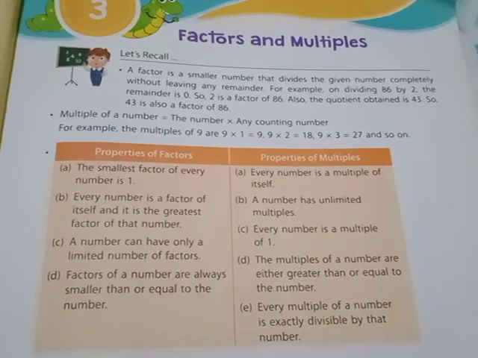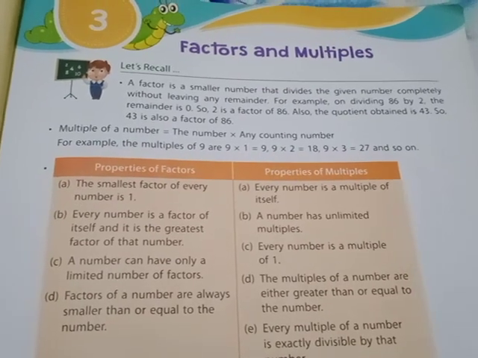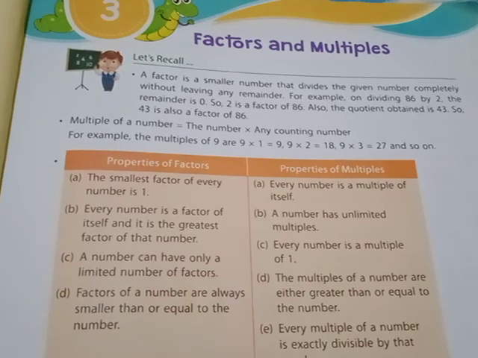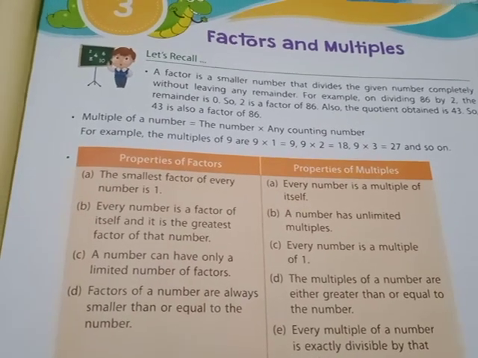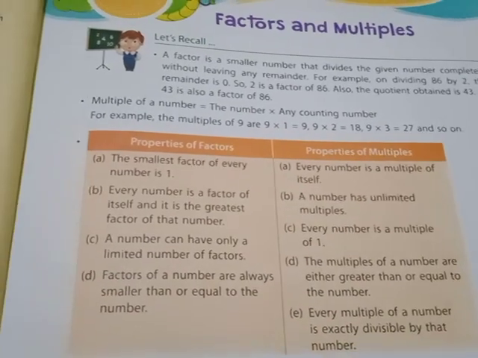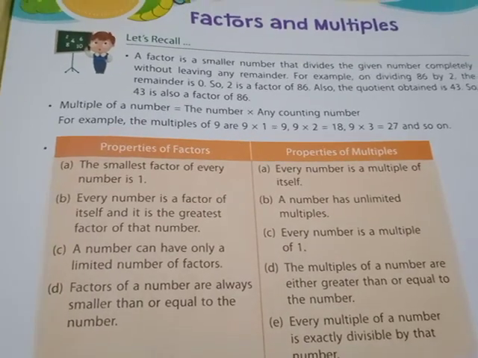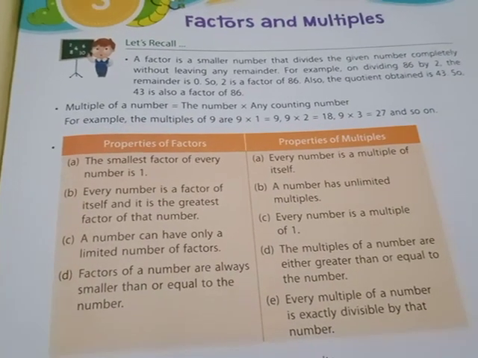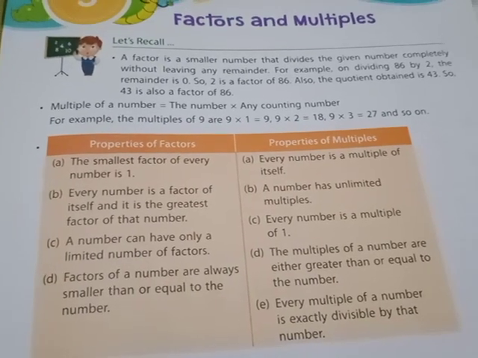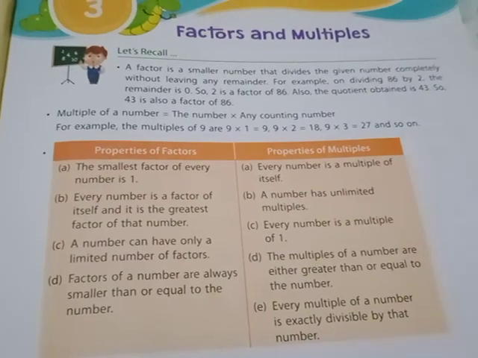For factors and multiples, once again I will give you the conclusion: if it is asked to write the factors, you will count those table numbers in which the asked number comes. And for multiples, you will count the table of that number, and whatever numbers come will be considered its multiples. I hope factors and multiples are clear. It will be much clearer when in the next clip I share a few explained solutions. Then it will be more clear.